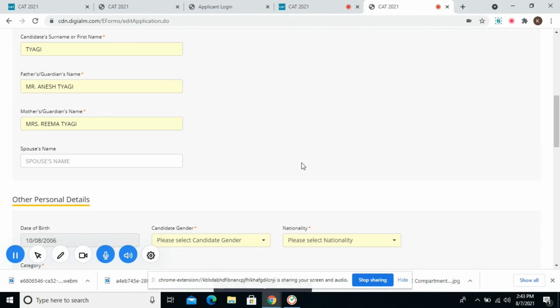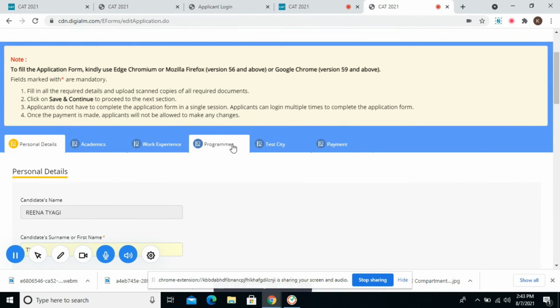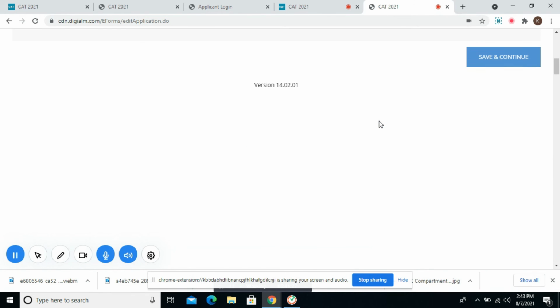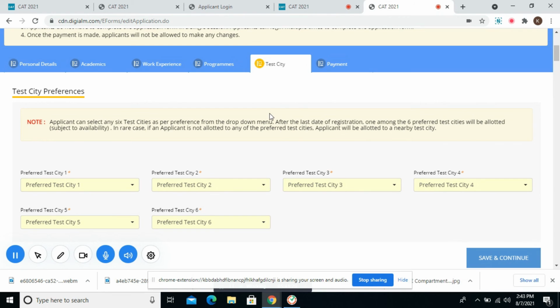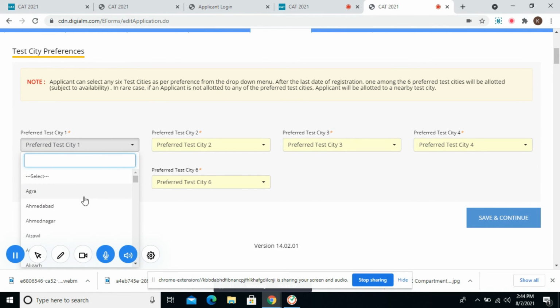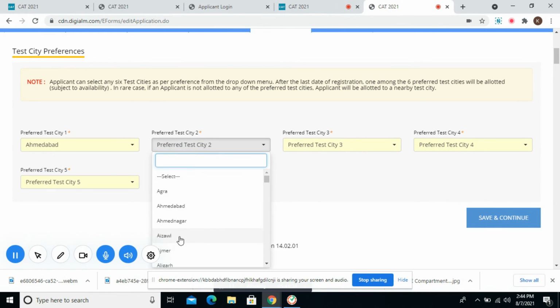Now the last two of my options are left in the application form. I have filled the programs, I have filled the test city. Now, test city is wherein you will be called for giving the CAT examination. You can hold 6 test cities as per your preference.